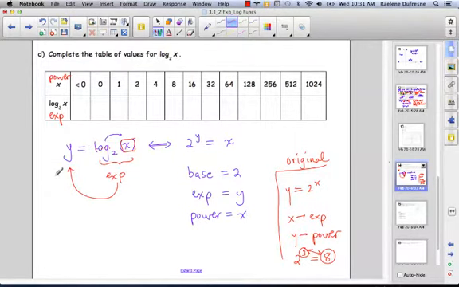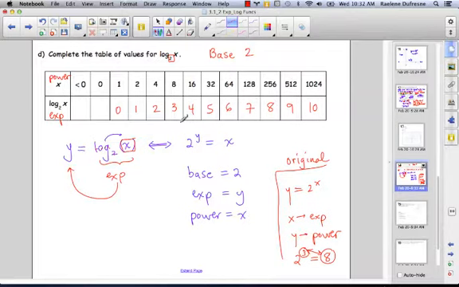So let's just think of it this way. As far as base 2 is concerned, if the power is 16, what is the exponent? Well, the exponent is 4. And if the power is 1024, what is the exponent? The exponent is 10. And if the power is 2, what is the exponent? 1. So you can fill in the rest of the table. The power of 1 has an exponent on base 2 of 0. 2 to the 2 is 4, 2 to the 3 is 8, 2 to the 4 is 16, 5, 6,